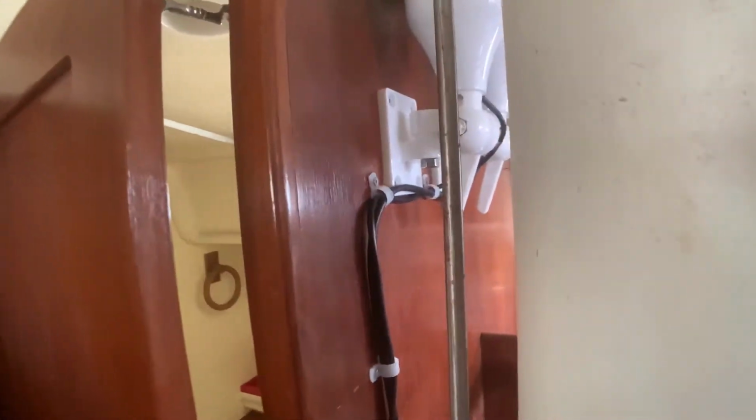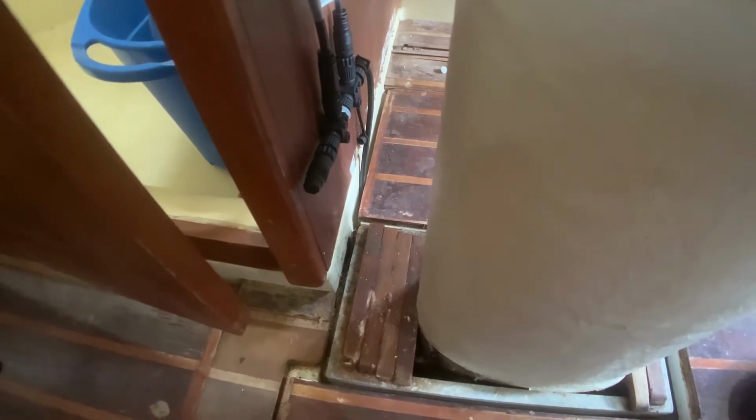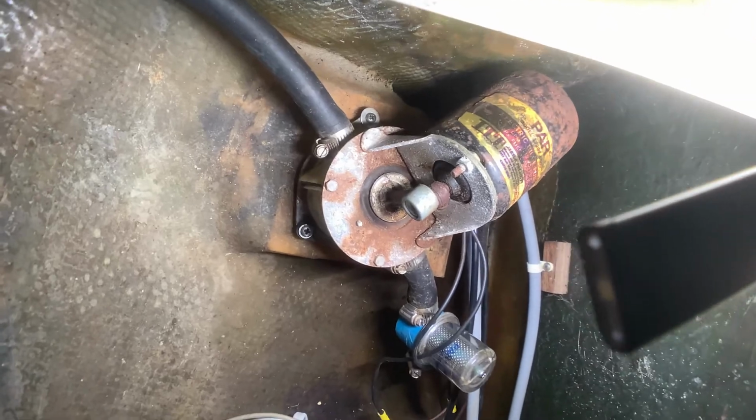So, very simple setup. Reverie doesn't have a lot of empty space in between walls. So I just brought it in, hid the wiring behind the mast all the way down. I have my T connection and my terminal. I brought the cable underneath the hatch for the sole here for the bilge, and that runs underneath the mast and through a hole that brings it into this compartment. So this is the wire right here, and then I fed it through another hole that's behind the sump pump for the shower,